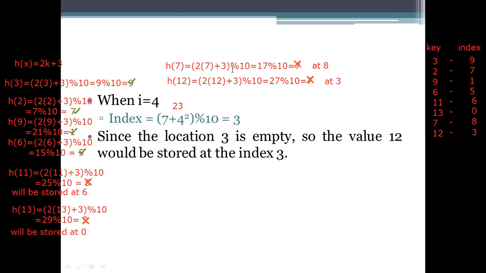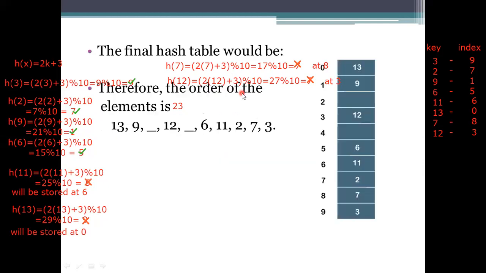Okay, that is accessing of the elements in linear probing. If you see the values where we are storing here, let me tick mark here. So we will start with array index 0. To store at array index 0, the value used here is 13. Array index 1 is 9. If you see here, 9. Array index 2 has not been used by anyone, so just leave it as empty. Next one, 3.